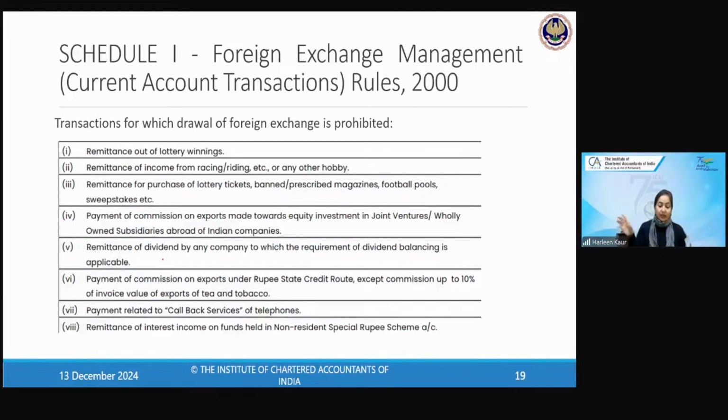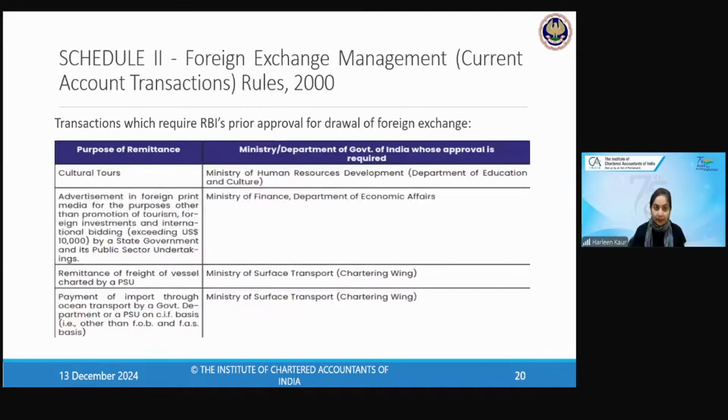you're going back. Now you cannot ask the bankers to pay you interest on this account because we can't remit the interest on a non-resident special rupee scheme account. It means the interest income on this account is not allowed to be taken outside India. Is that clear now, Vijay?